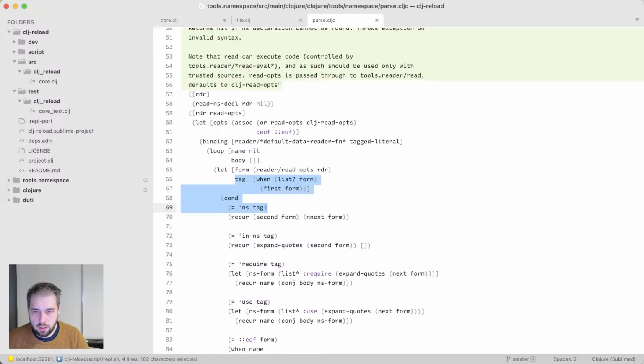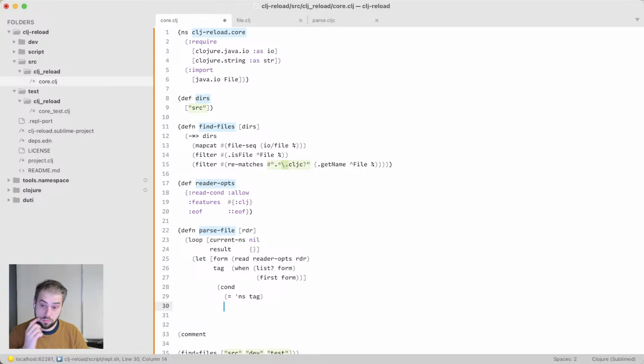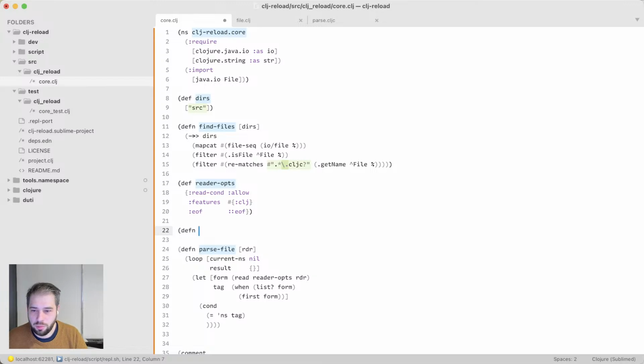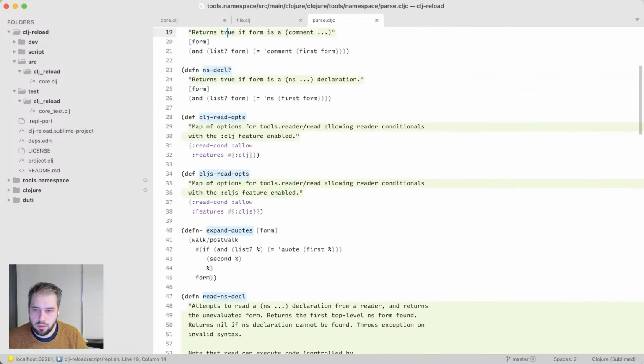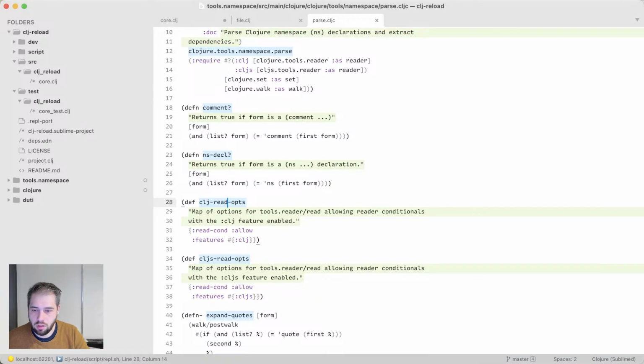So if the tag is ns, we do what? Let me format this better. We need to parse it, kind of, right? So definitely parse ns. Okay, so we call this probably read file, or just read, yeah, read file. Parse ns, and there is something like parse ns declaration here, I think,